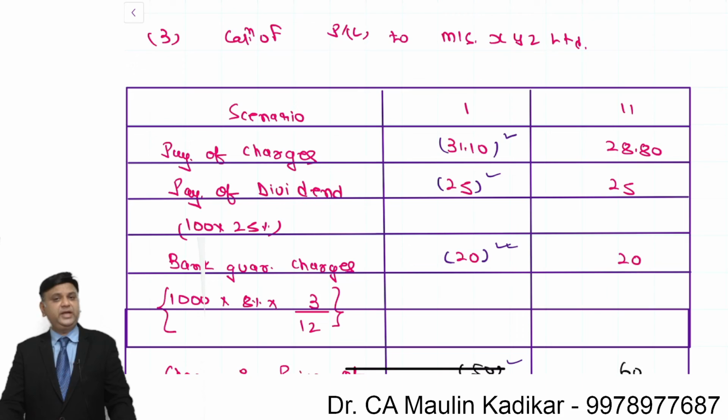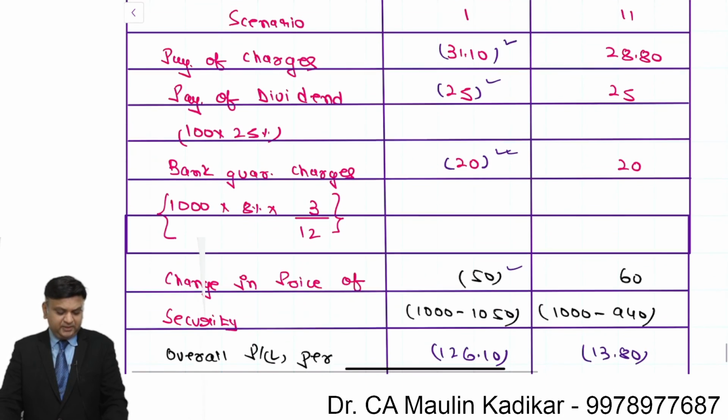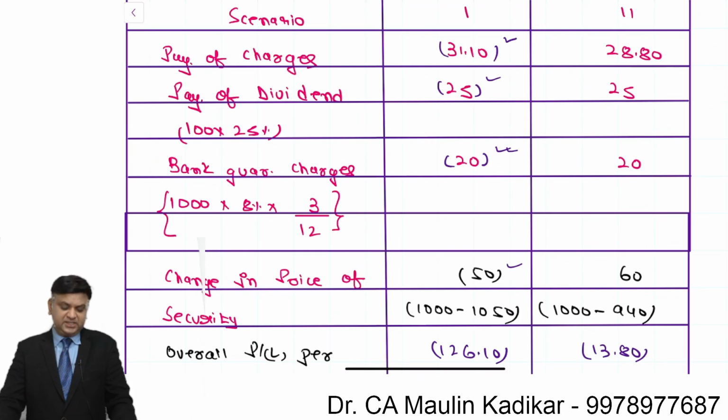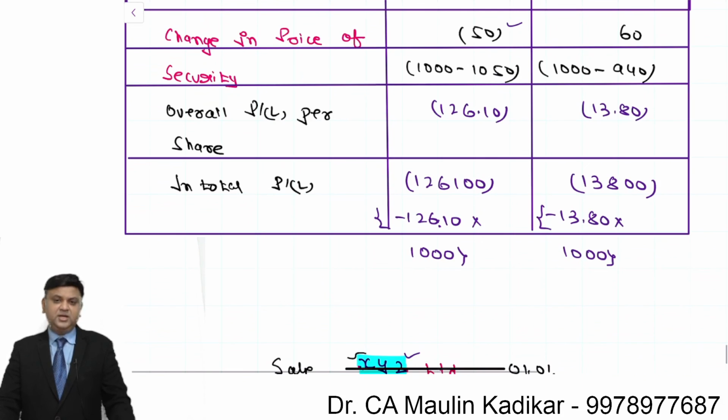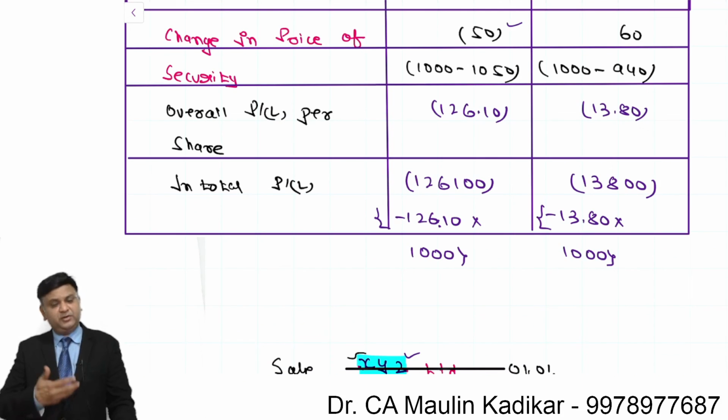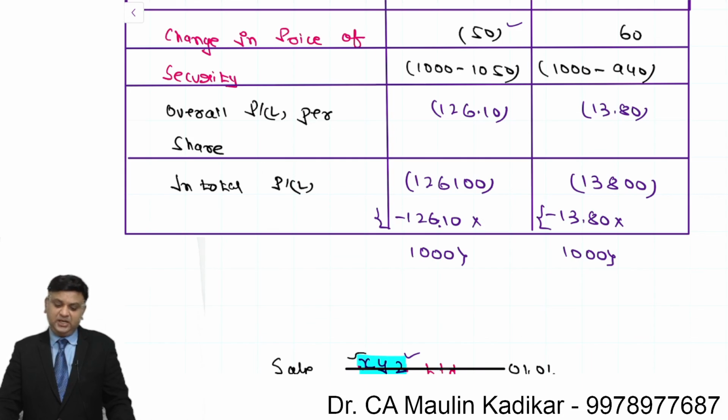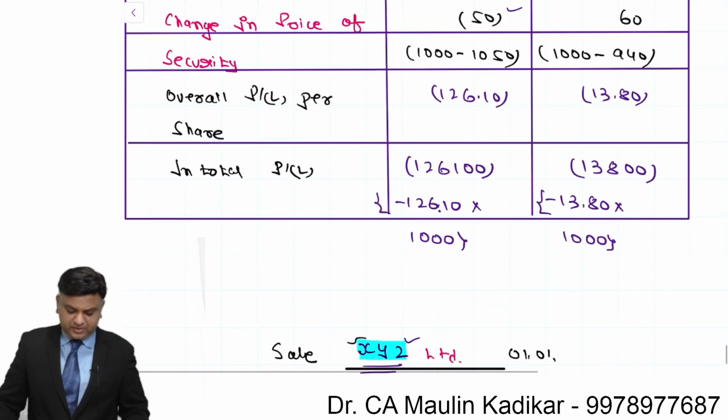Lastly, profit or loss to XYZ Limited, that is the trader who has entered into the transaction for sale, and this is the most important part of the question in my opinion. In that, one, there is a payment of the charges, second is the payment of the equity dividend which the lender could have received, and third, payment of the bank charges. These three things are going to be there in both the cases, and then the closing prices might have changed in your favor or against you. If the price is declining, then it is favorable to you by rupees 60, and if the price is increasing, then again it is unfavorable, and accordingly the total profit or loss is calculated.